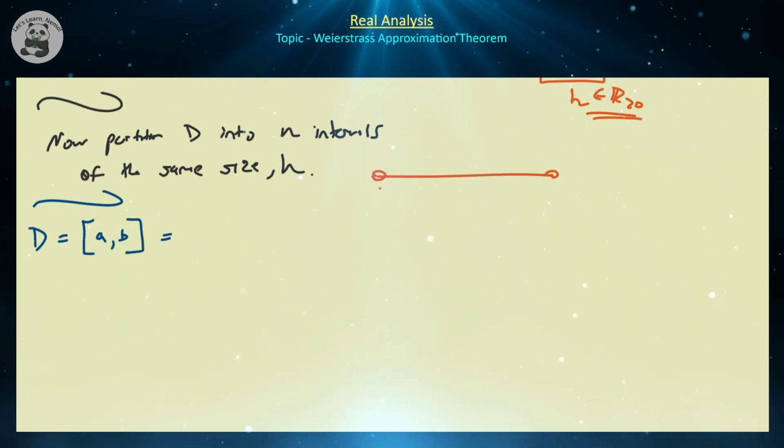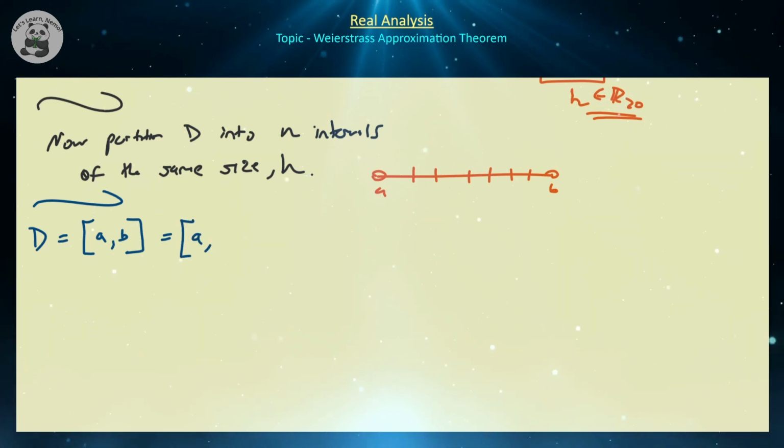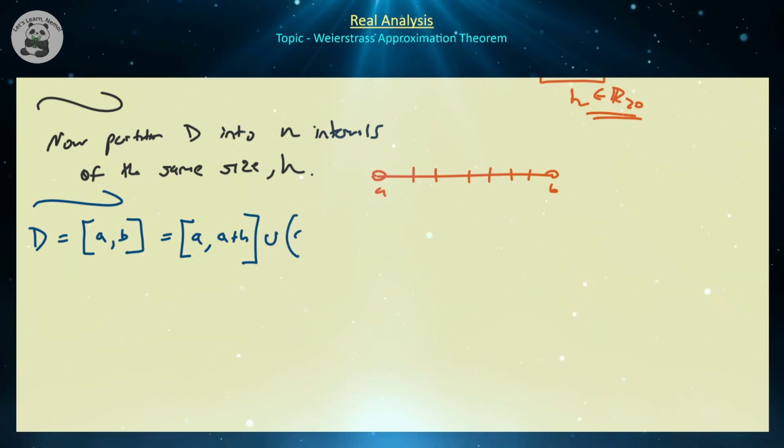So we have A here and B here. And we're just going to cut this into a bunch of pieces of the same exact length. So the first piece is going to be a special piece actually. It's going to be A and A plus h, and it's going to be closed on both sides. And then for everyone after, we're going to be doing open on the left, so there's no overlap. So we're going to have A plus h, and then A plus 2h closed on the right for this one